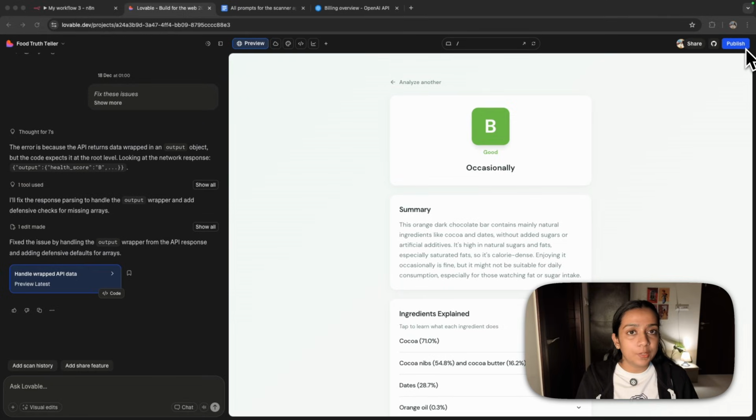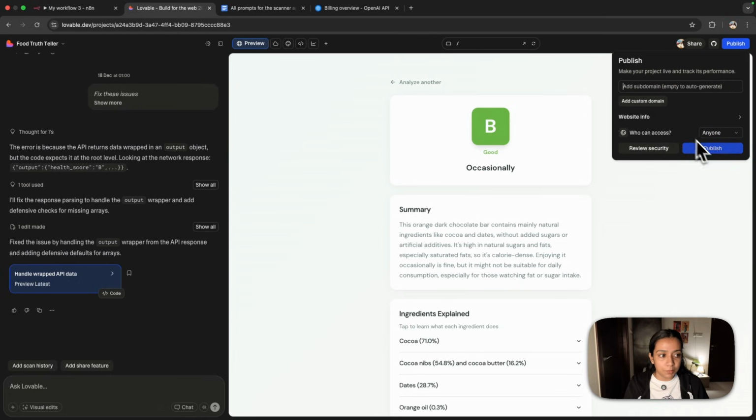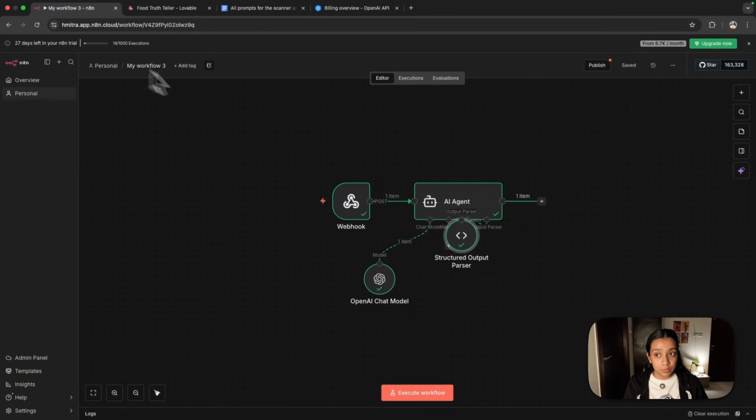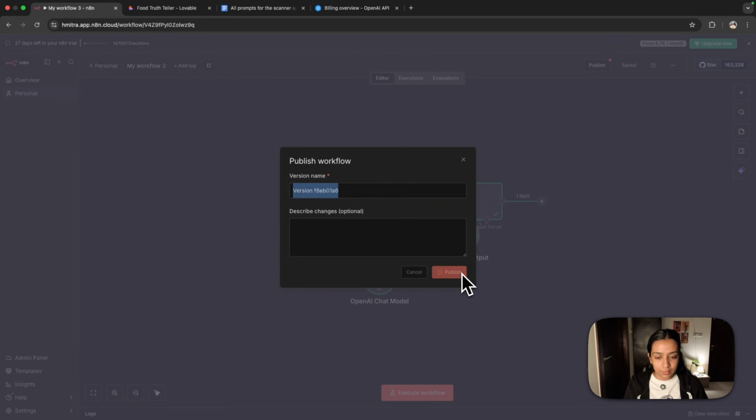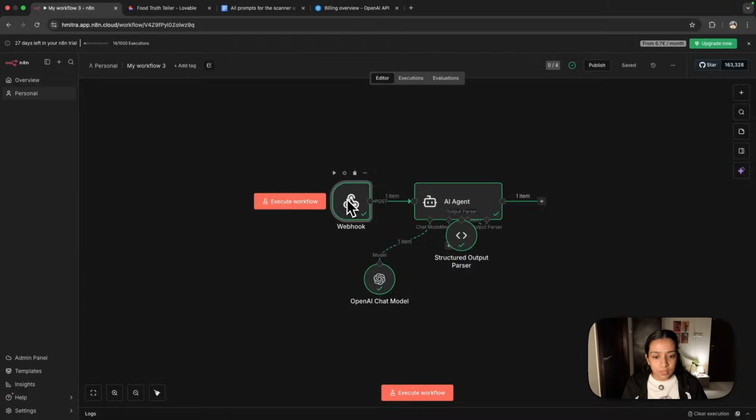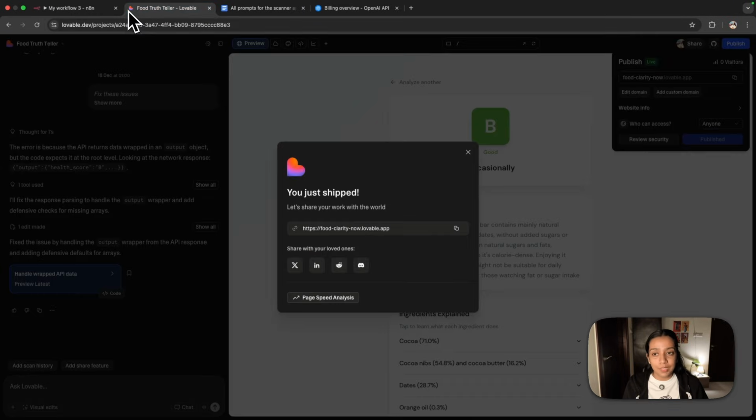So if you would like to share this app with your friends and family, you just need to click on publish, and this app will be published for you. So we'll click on publishing, and let's say you want this to work in production. For that, what we need to do is just use the production URL. But first, let's publish this one, and let's keep the version name as it is. And now that it is done, what you need to do is copy this production URL,